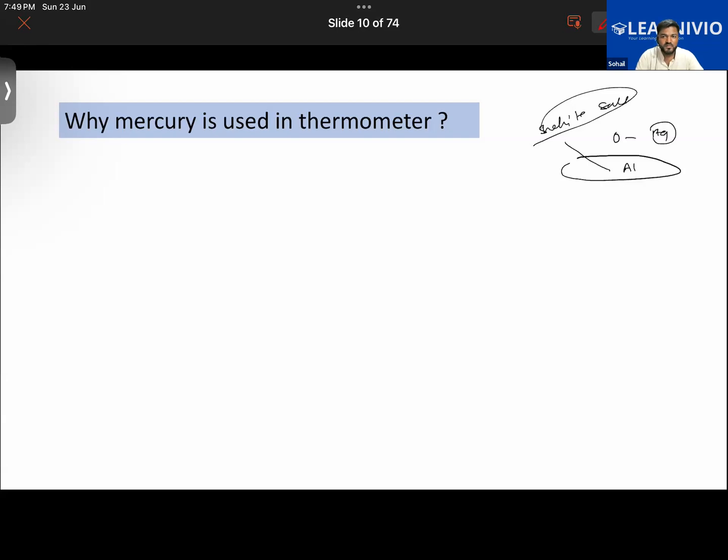The reason is that in the manufacture of aeroplanes, aluminum is used. Although other metals and alloys are also used, aluminum is also used. So if someone were to drop mercury and it touches the aluminum of the airplane, it can lead to a disastrous situation. It will be really tough for the pilots to survive in the harsh conditions.